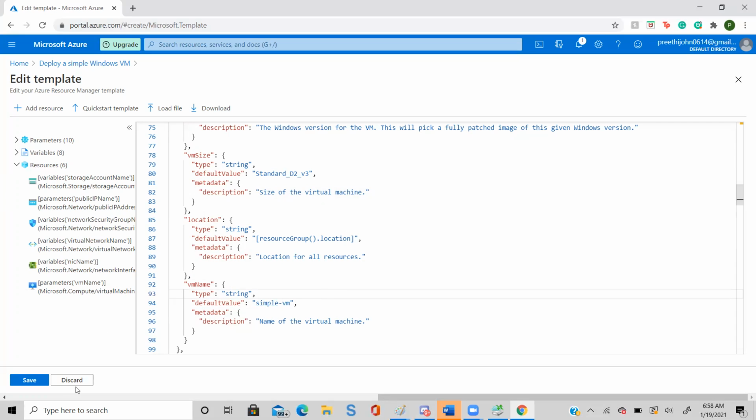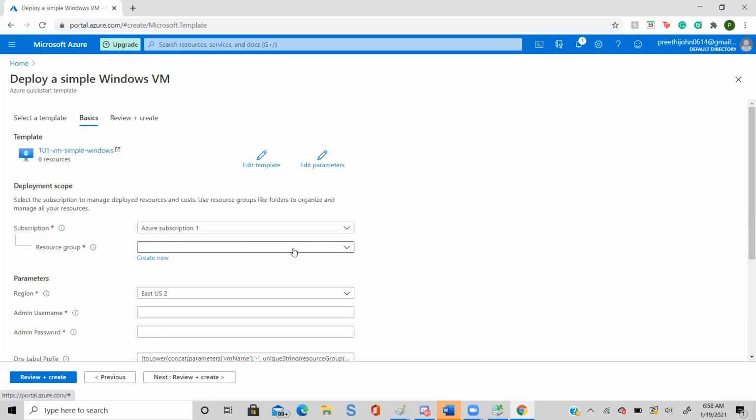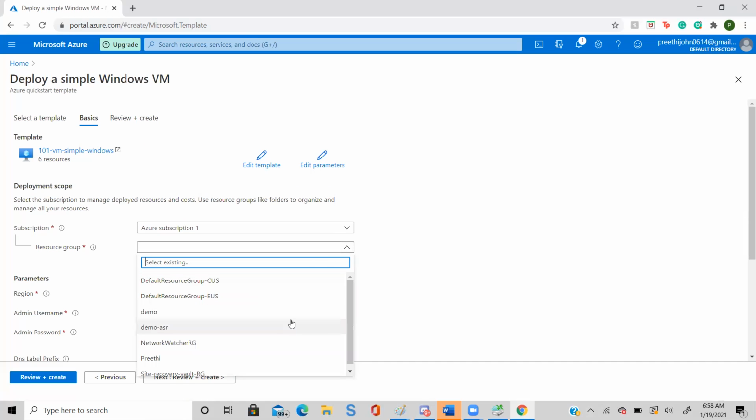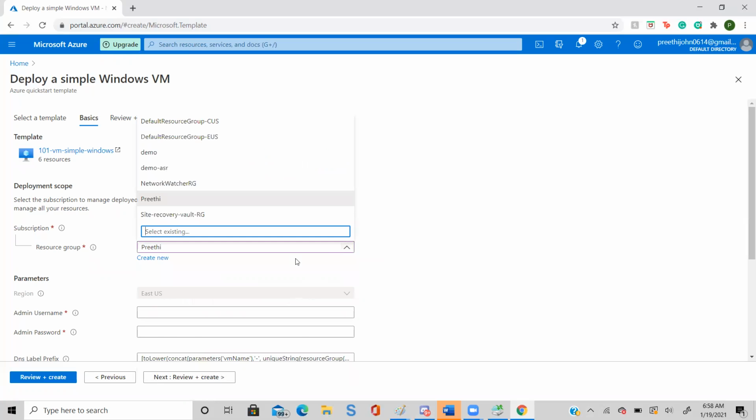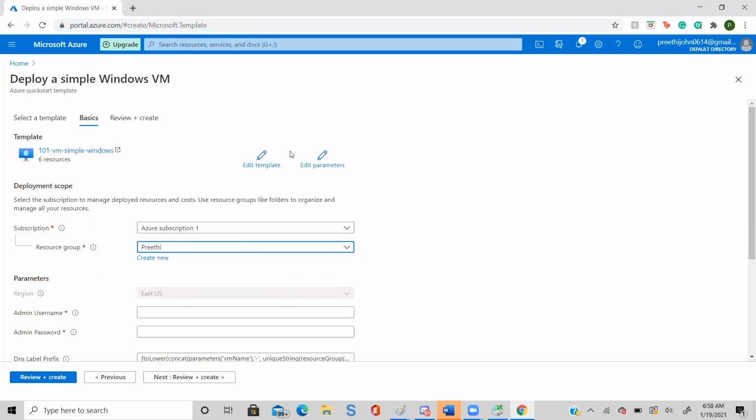Let's say, for an example, I will again go to this one. Now let's deploy this one. Select your resource group. Do not select Preeti, we already have a policy. I think we put demo. Just click demo. Scroll down, and it has already taken East US, because it is already defined in the template.